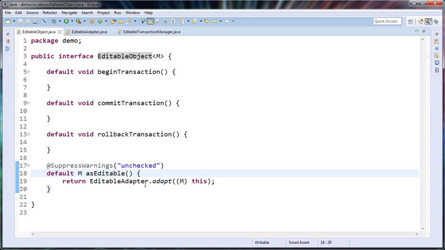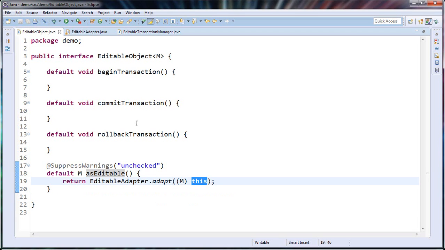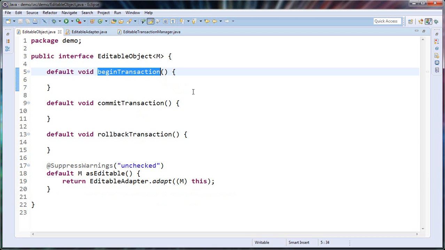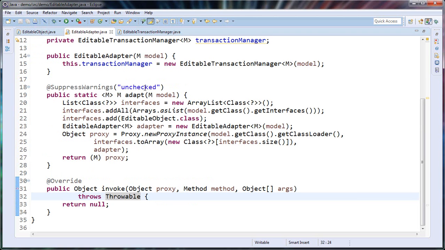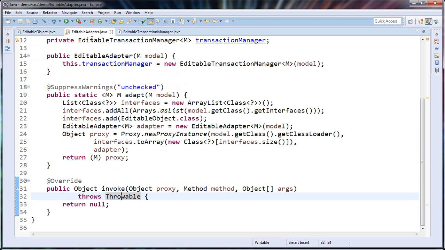So we'll just say, please adapt me this object and provide me a proxy that will be able to intercept the calls to all the methods, either belonging to the contract of the object or belonging to the contract of the editable object service. So in here, now it's okay, we are returning what is expected, but in here, let us focus on implementing the invocation of